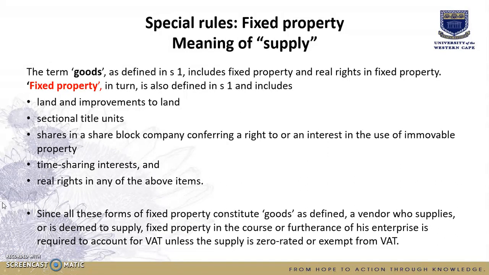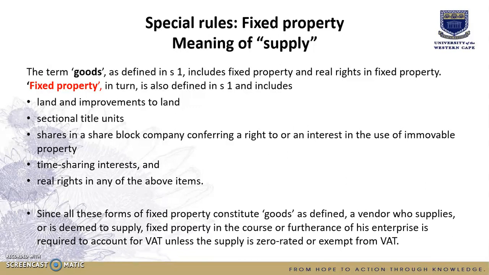Okay, class, so this is now the final part of input tax, and we're looking at fixed property and the meaning of a supply. We're looking at the special rules. The term goods is defined in section 1 and includes fixed property and real rights in fixed property, as you would have seen. So fixed property, in turn also defined in section 1, includes the following things: land and improvements